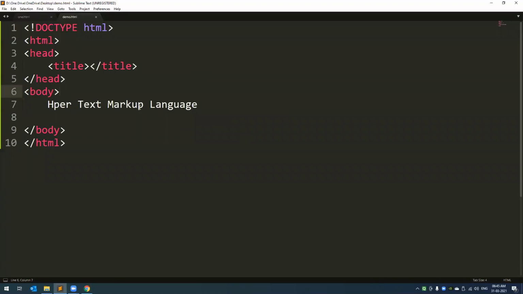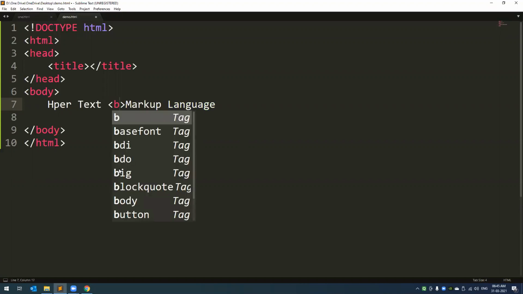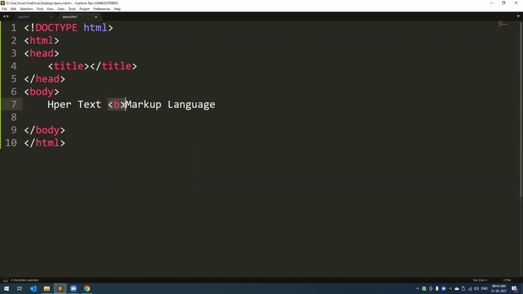Okay. Now let's add some HTML commands to it. Let's come to the word markup. I want to make this word bold. The command to make anything bold in HTML is B. It's the B tag. How do I give a tag? I give the less than and the greater than sign, or the angle brackets, and I give my command in between. Okay. So don't use the help right now. So this is my opening tag. Then I want to make this word bold, correct? So I need to mark this area. So I need to give the closing tag over here, right?